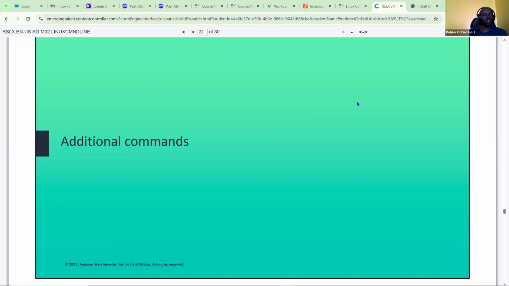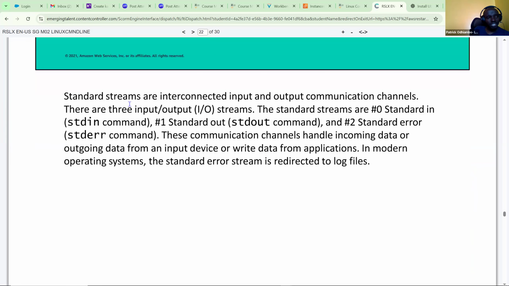So let us look at these additional commands. Standard streams are interconnected input and output communication channels. Give me a second.